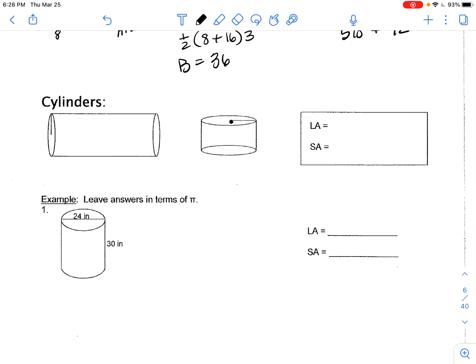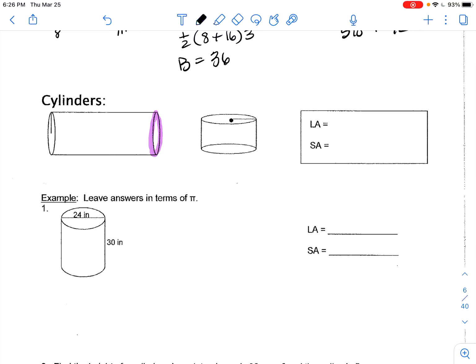All right, let's take a look at a cylinder. The lateral surface area on a cylinder. Okay, so that's this side right here. That's the lateral surface area. And we can see that around, that is just your circumference of a circle. And so the formula for the circumference of a circle